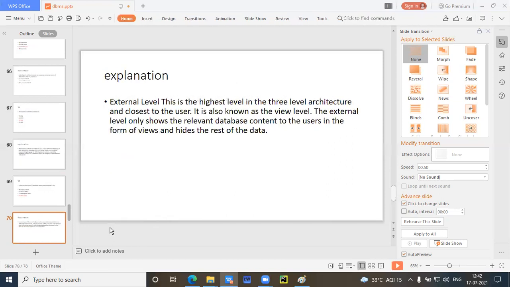And in the architecture of a database system, the external level is the view level. Okay. The external level is the highest level in the three-level architecture and closest to the user. It is also known as the view level. The external level only shows the relevant database content to the users in the form of views and hides the